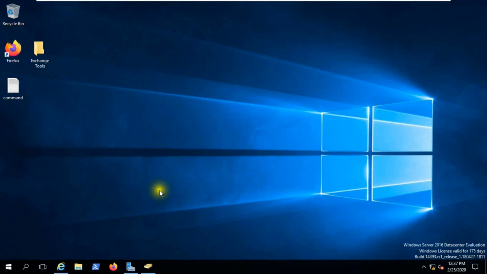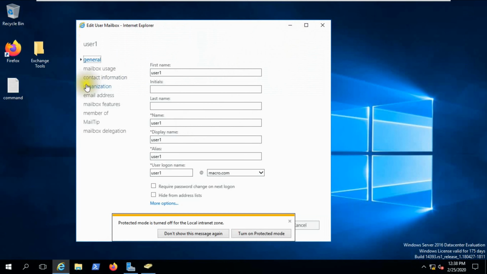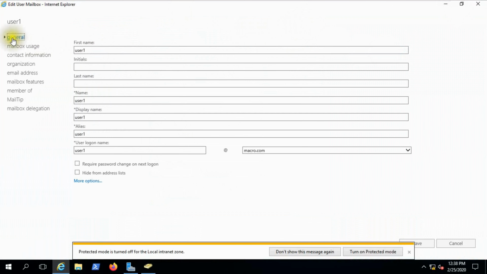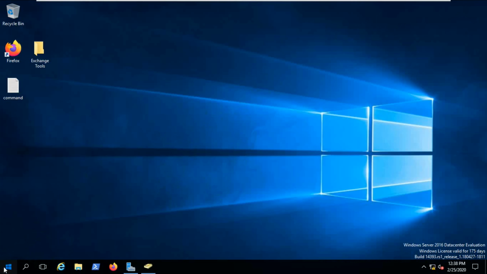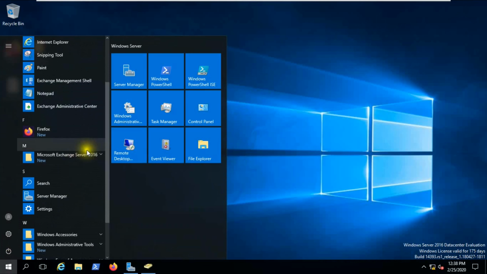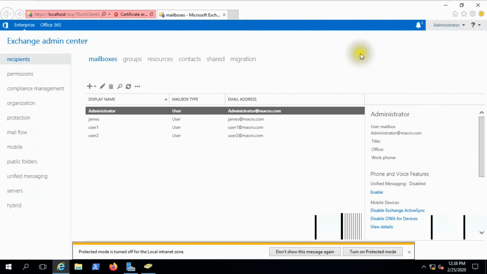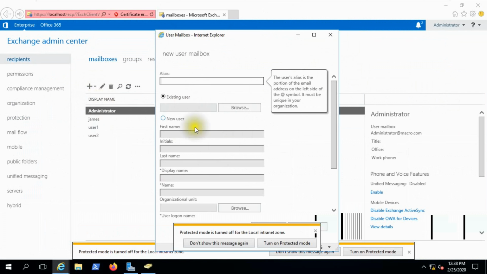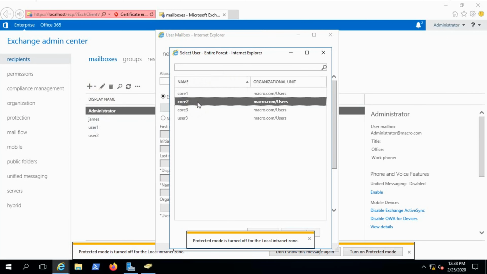We are logging in to our Exchange Admin Center. Continue to this website. Let's add some users in user mailbox. Browse, code 1, code 2 and code 3.